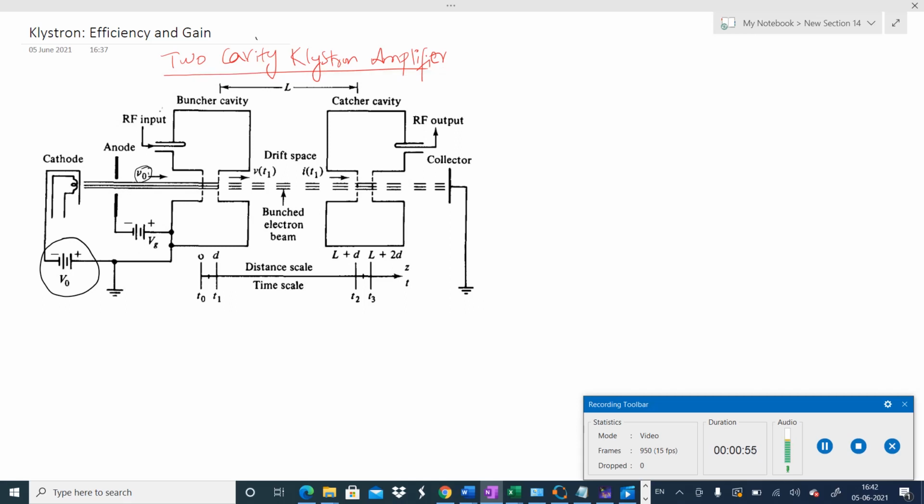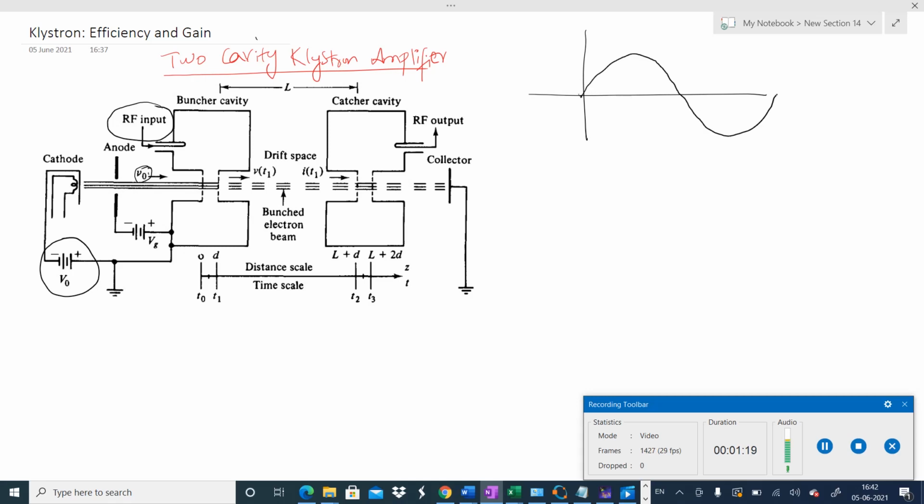The buncher cavity is excited with the RF input, of course, at microwave frequencies, which you want to amplify, and this